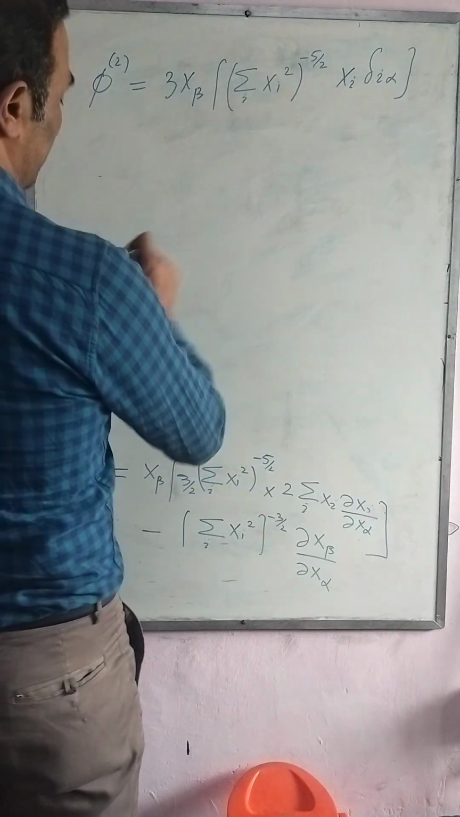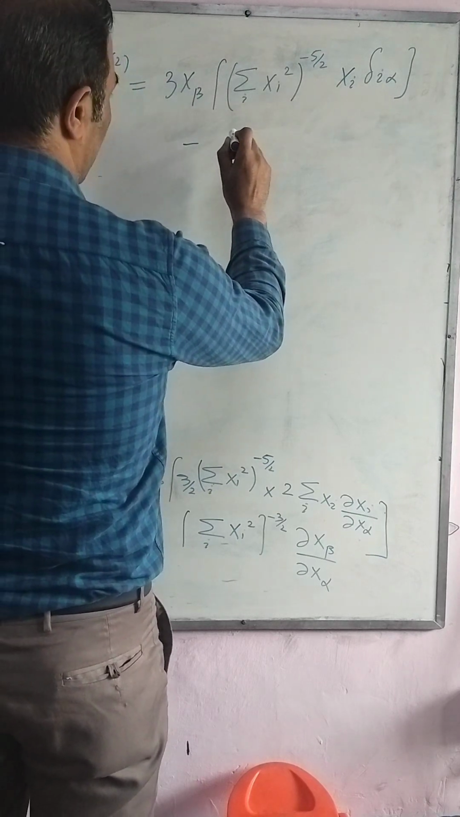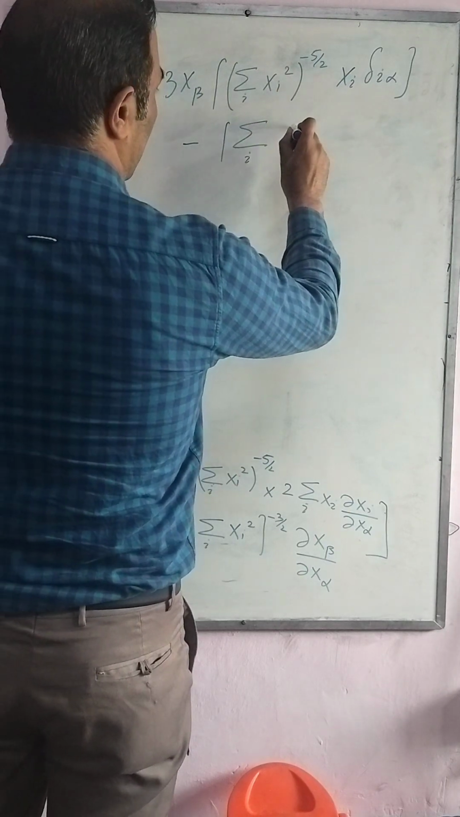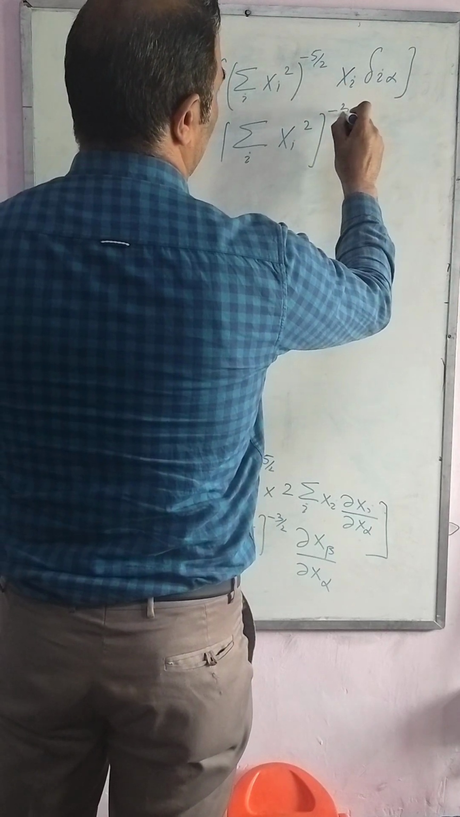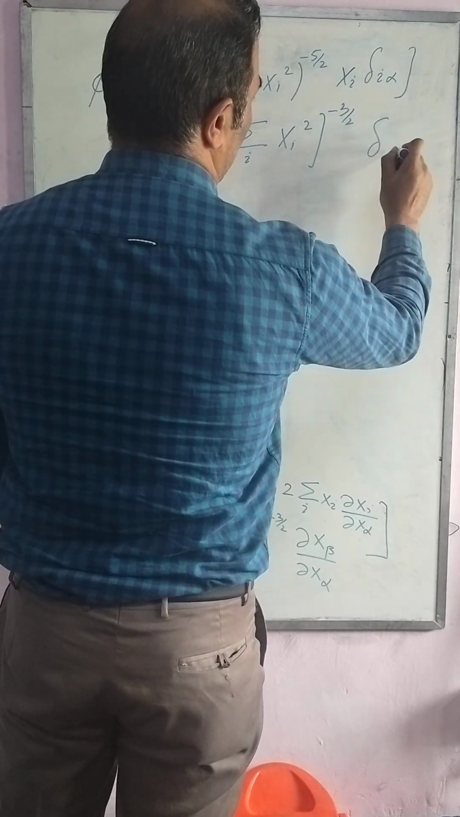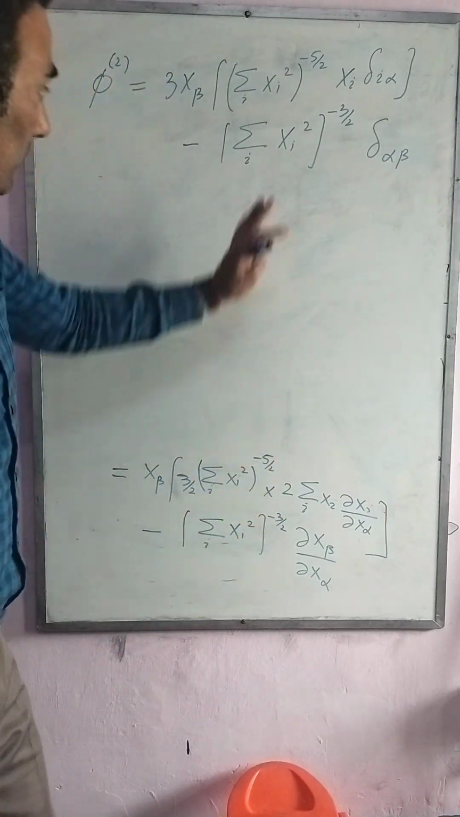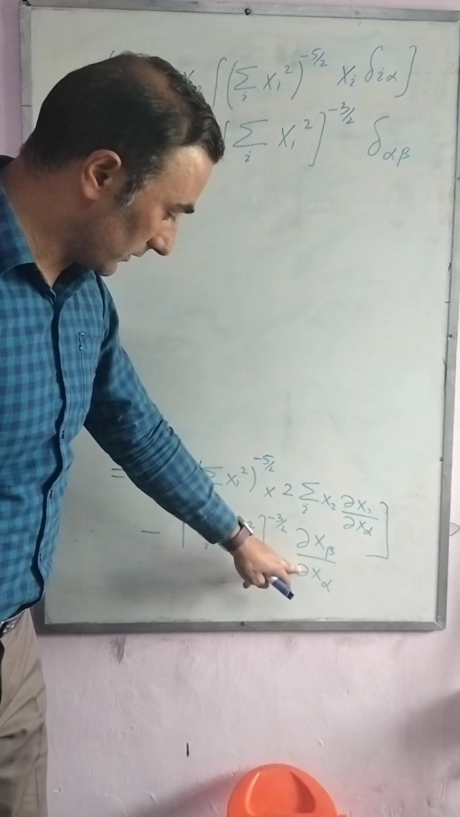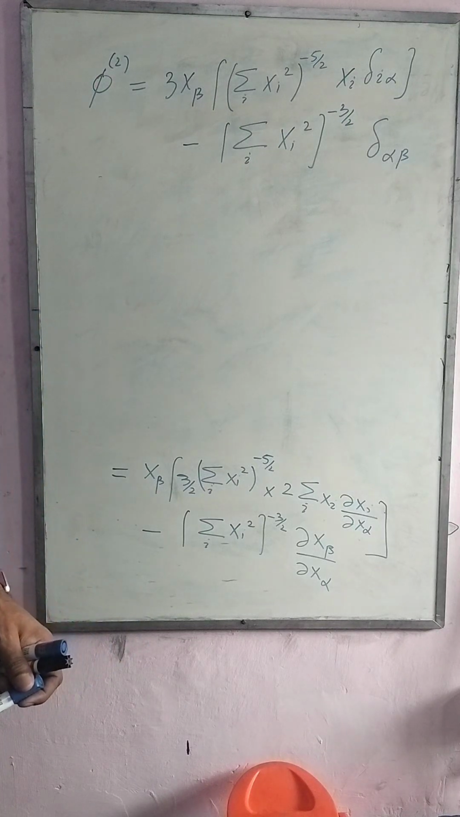And second term is, that is minus, because this term I kept like this here, and instead of this I wrote delta alpha beta, right? So this will be equal to 1 when alpha equal to beta. Okay, so